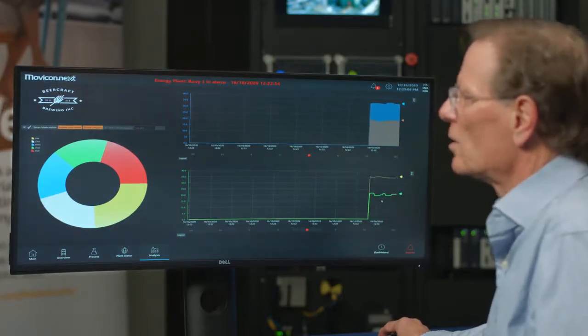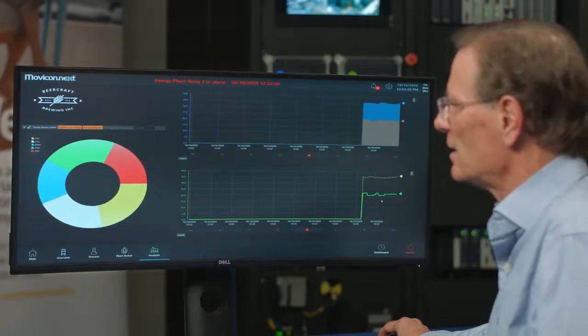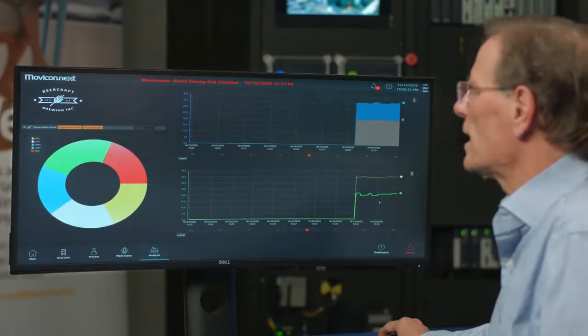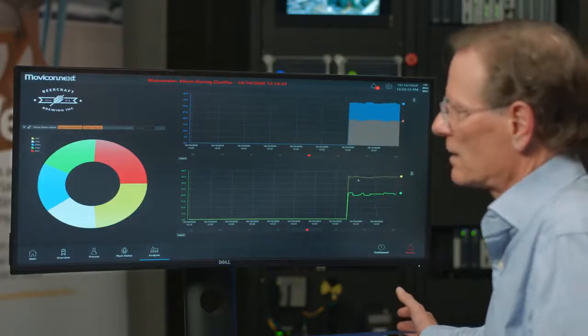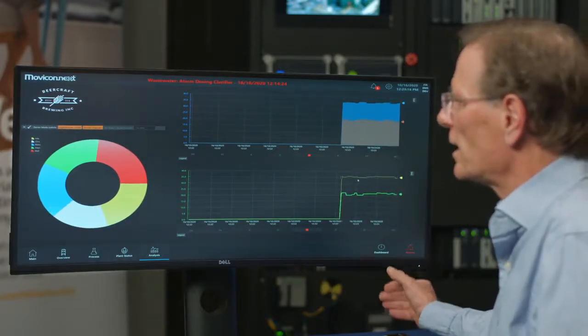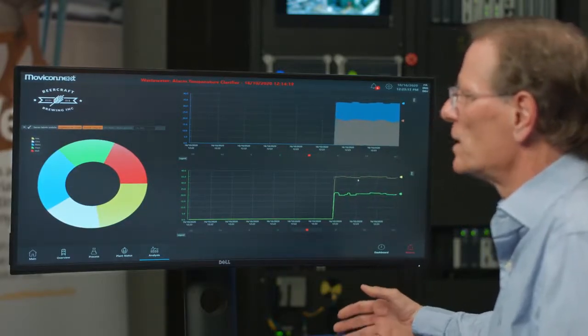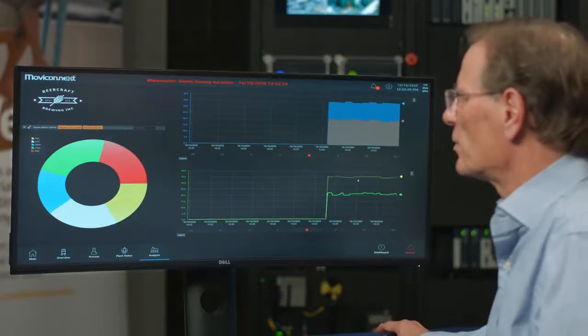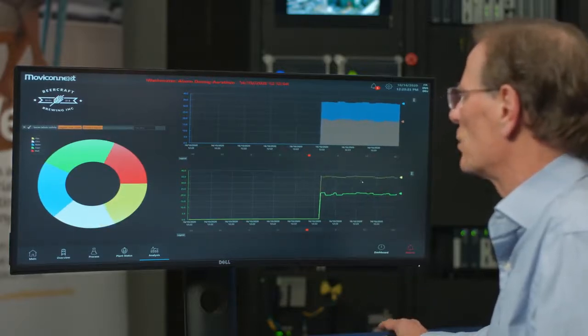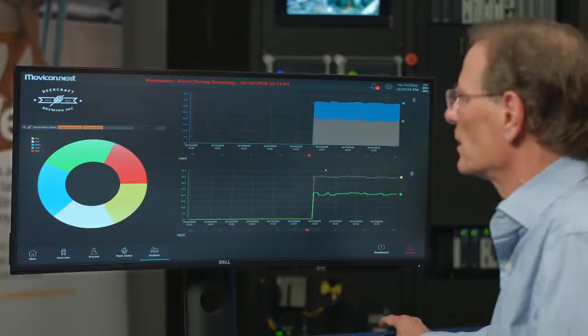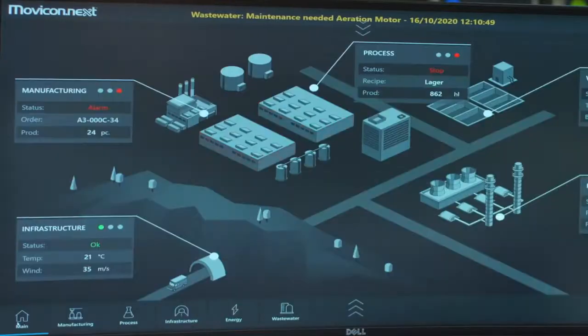It's really great to know what's happening instantaneously, but a lot of times you need to understand what's happening over time. A lot of times the process engineers are looking at that and making continuous improvements to lean out, to improve the product production, and to just make it operate better as an overall plant. If I go back to the main screen that we'll see here, now we can take a deep dive into